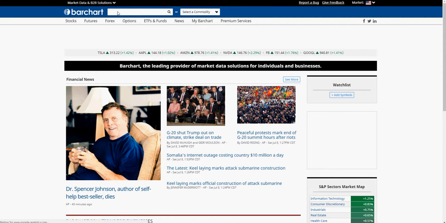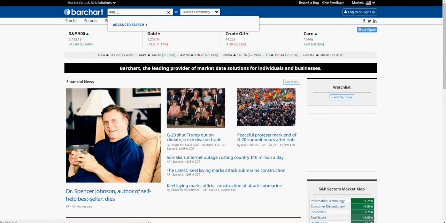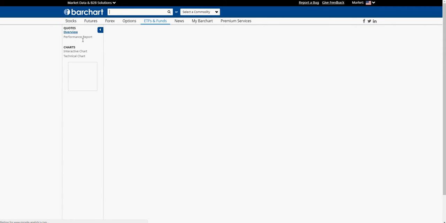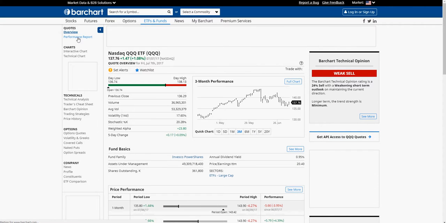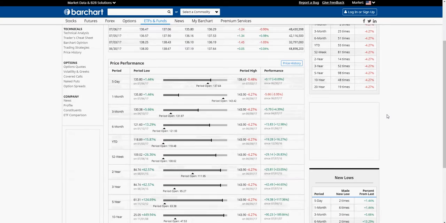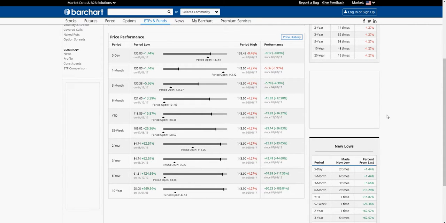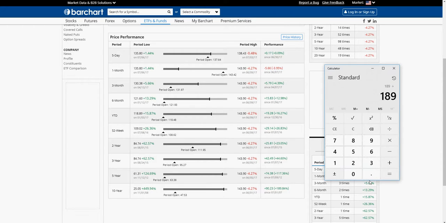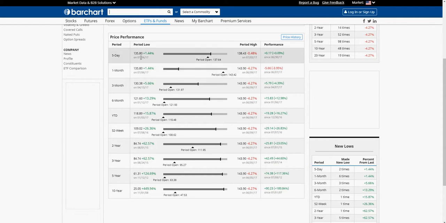Let me show you a demonstration of QQQ, how the performance was overall during the last 10 years and 5 years. The 10 years, as you can see, is clearly 189%, which is closer to 18, I believe. And 5 years was closer to, let's see, 14 to 15%. So as you can see, QQQ has been performing quite well over the years.